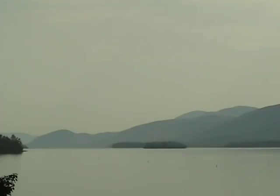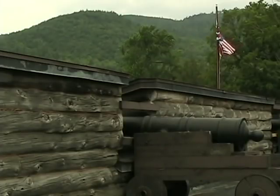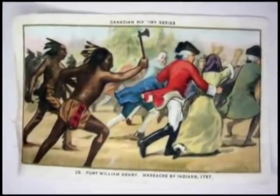And so, on the morning of August 9th, a flag of truce was visible flying over Fort William Henry. Montcalm offered generous terms, even for the typically gentlemanly terms of the day. The siege of Fort William Henry was over. Almost immediately, Indians